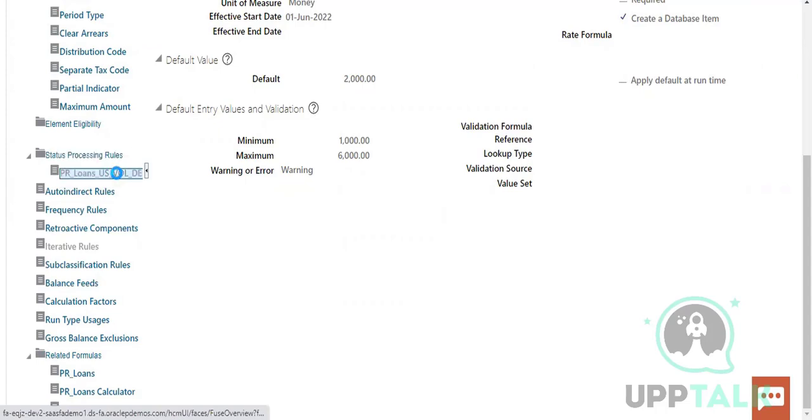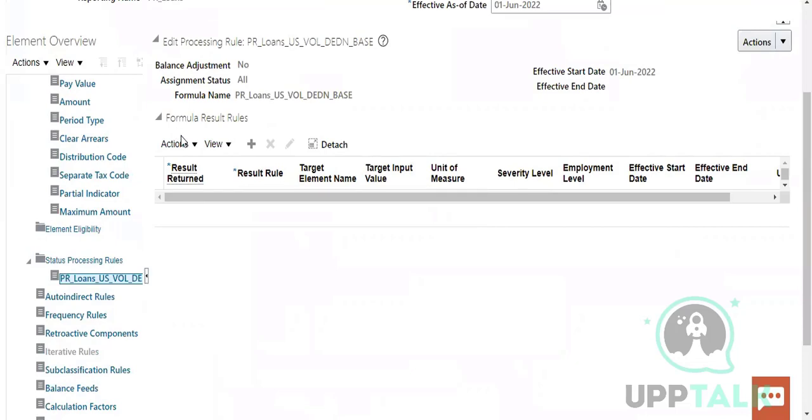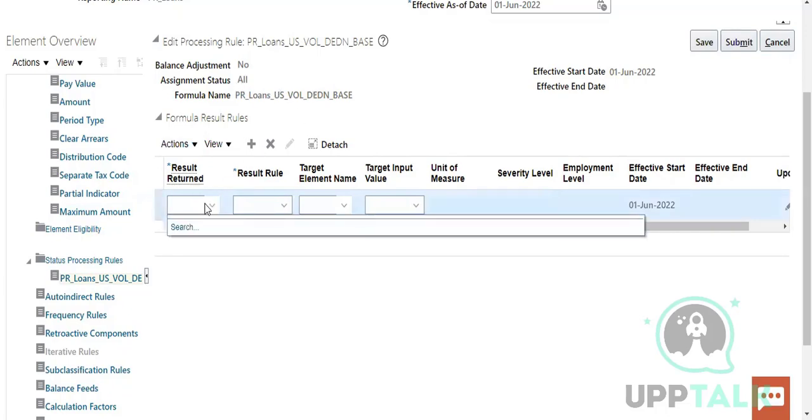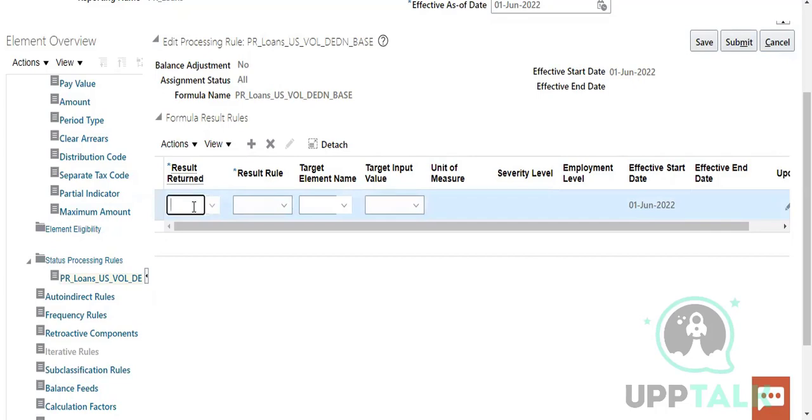Create. That means with what formula name you're going to process. This is the default formula that is attached to it. This is the fast formula that is attached to it. Whatever is the return amount in this formula, mostly it's like